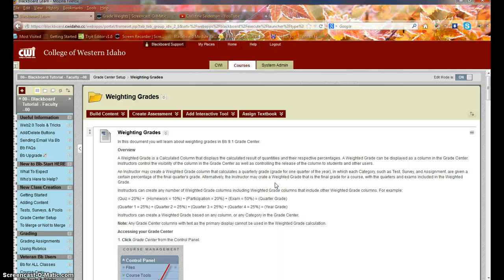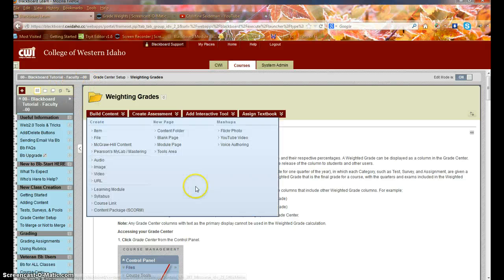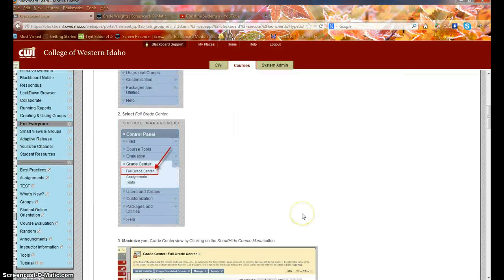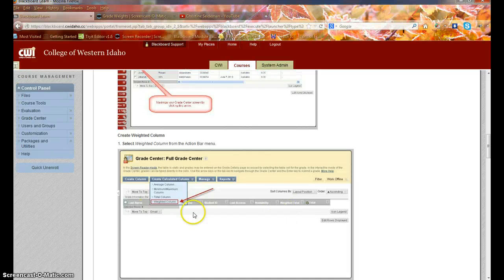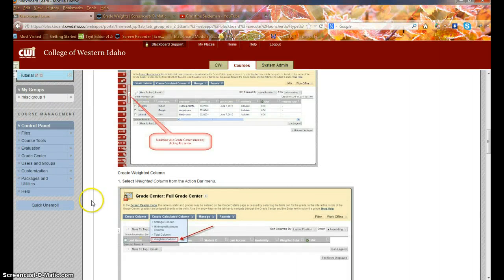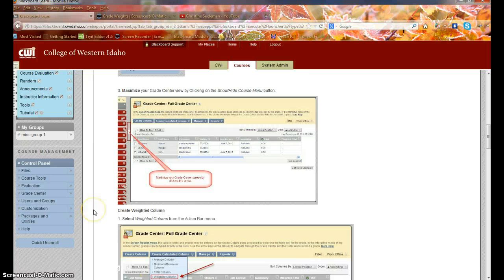Alright, so a brief overview about weighting grades. I have in the Blackboard tutorial for faculty a whole column area on weighting grades, but I need to redo it because it's all text-based and nobody likes to read. So we're going to start out